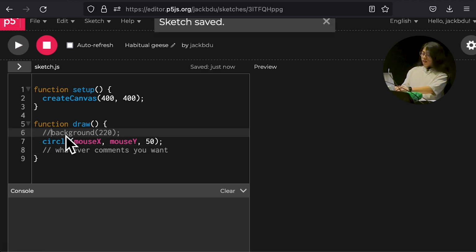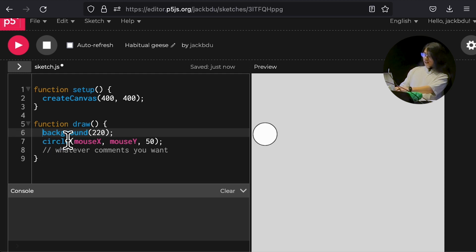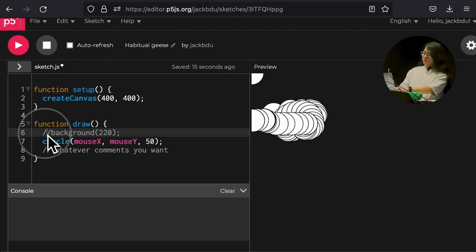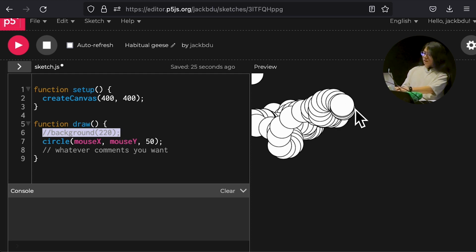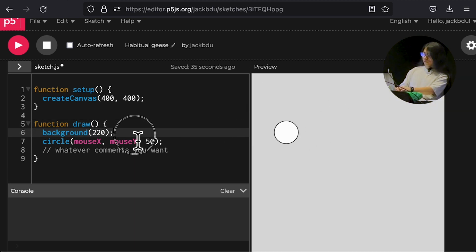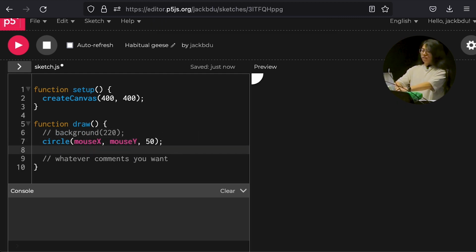Okay, with that in mind, if I want to temporarily disable the background, right now this is with background, I add a double slash. So that comments it out. That means now this background becomes a comment, so it's not really active anymore. There's also a shortcut, on Mac it's command slash, that turns it on and off. Okay, so you can temporarily turn off something. Okay, so besides mouseX, mouseY, there's also a very handy